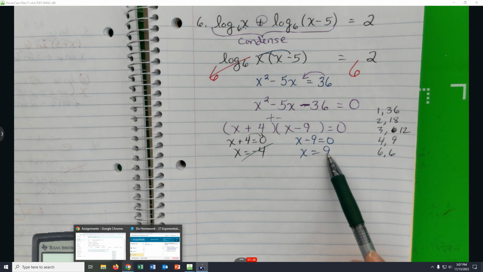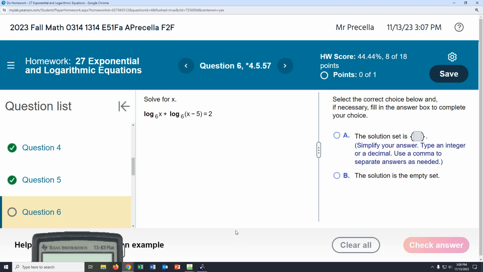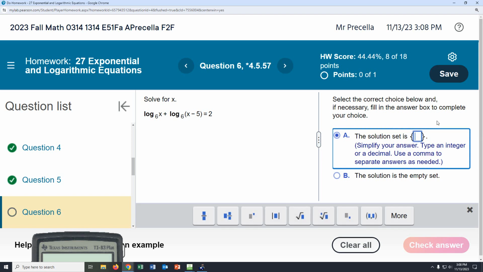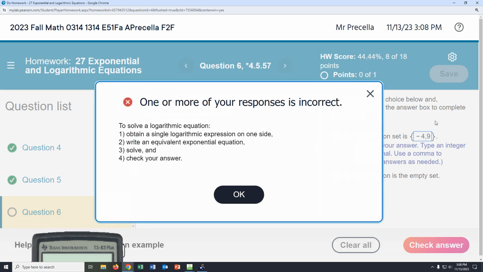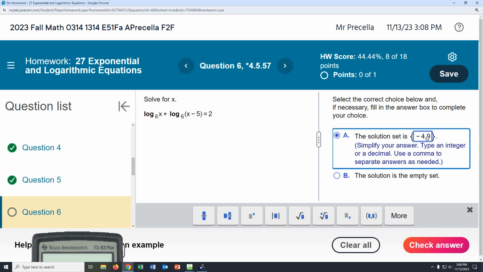And what about the 9? Is 9 okay? Yeah. I wonder if you type in negative 4 comma 9, do they say, hey, negative 4 doesn't check, or that one of your answers is correct? Let's see what happens. Is it going to say, hey? Or is it just going to say wrong? Let's see. Wrong. Okay. The problem is that negative 4,